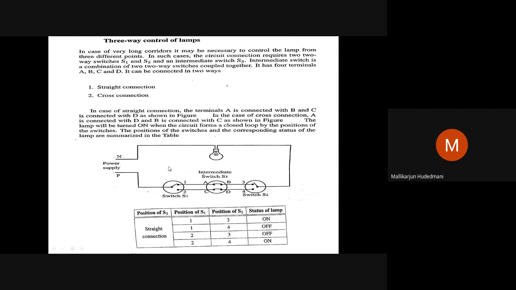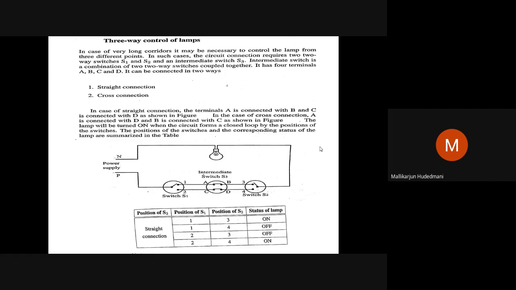This is also known as garden lamp wiring. Imagine an L-corner building, where in front of the L corner you have a garden. Inside the garden, you have benches, a lighting post, a lamp, etc. In the dark or in the evening, you would like to illuminate the garden and sit down there. And when you exit, probably you have forgotten to switch off the lamp. Then you need not come back to the point to switch it off. You can turn it off from alternate provisions.